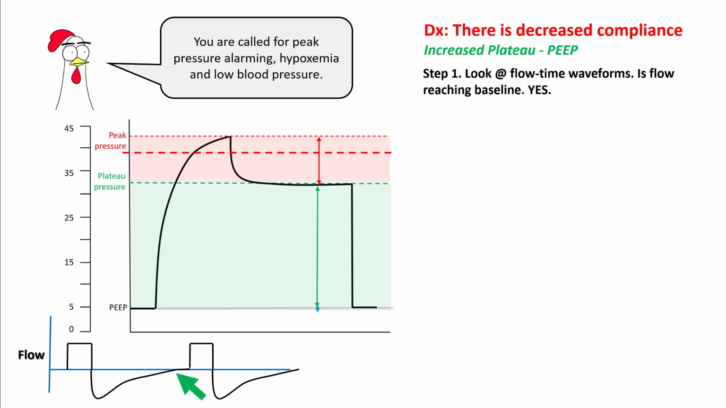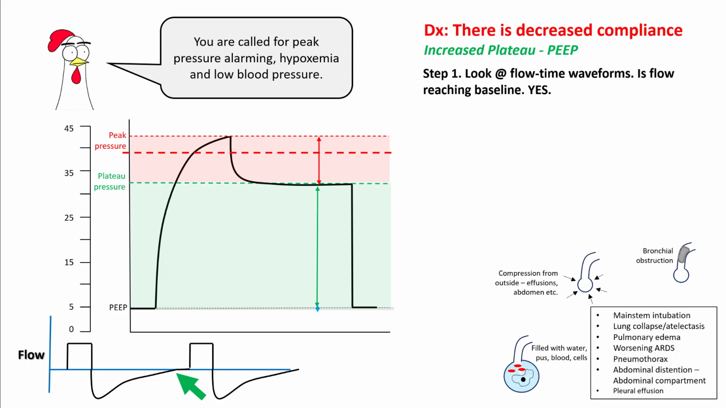Whenever you see problem with compliance, look at the flow time waveform and see if the waveform is reaching baseline, and in this case the answer is yes. The common theme for decreased compliance is loss of alveoli, and this can happen because of three reasons. Either you have bronchial obstruction and therefore all the air from the alveoli has been absorbed, leading to its collapse, compression from outside, for example pleural effusions, ascites, abdominal compartment syndrome, etc., or they are filled with something, either water,